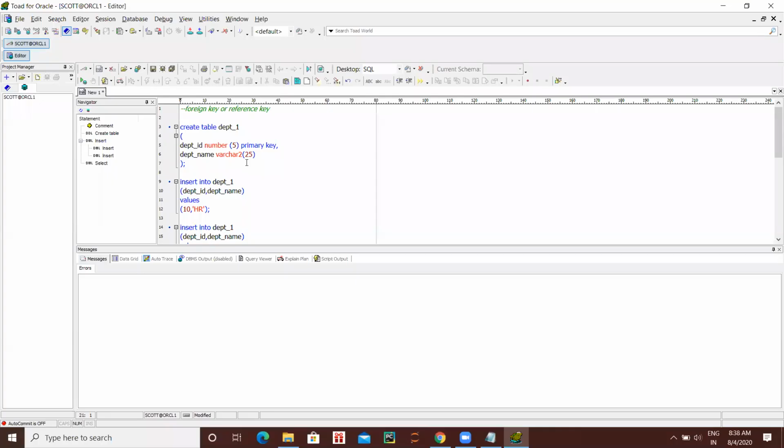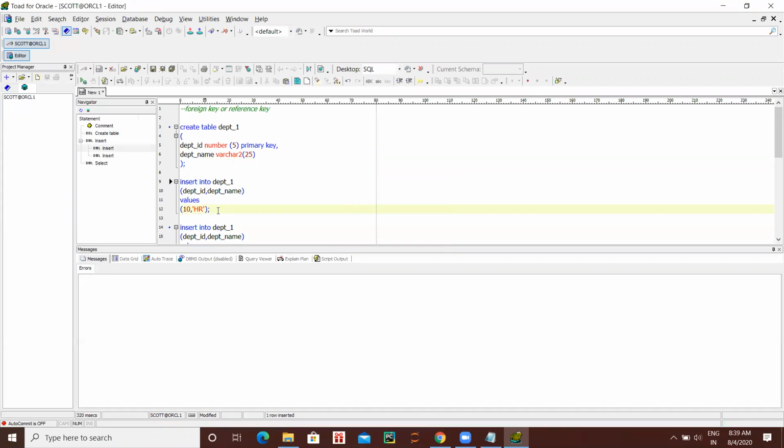Okay, for foreign key, we'll first create a few tables and insert some data, then I'll explain what it is. So first we are creating a table department_one, with department ID as a primary key and department name. Run that query. Now table created. Now run the insert statement. One row inserted.